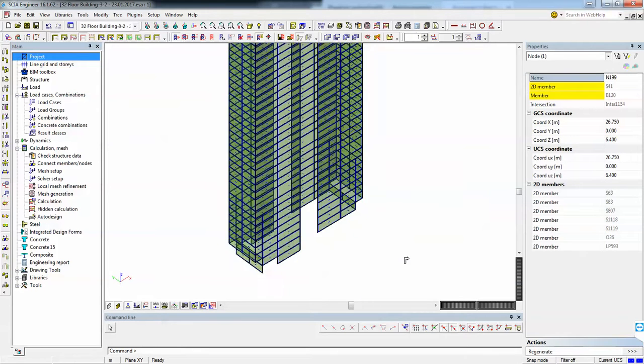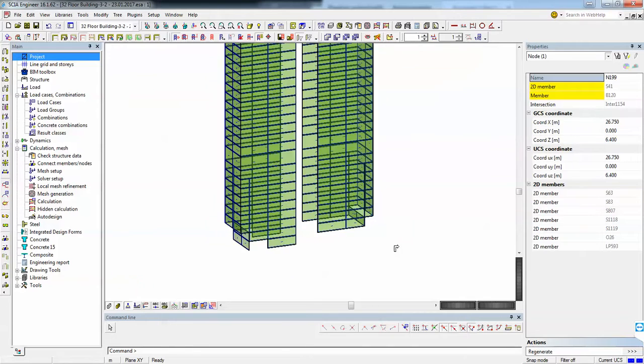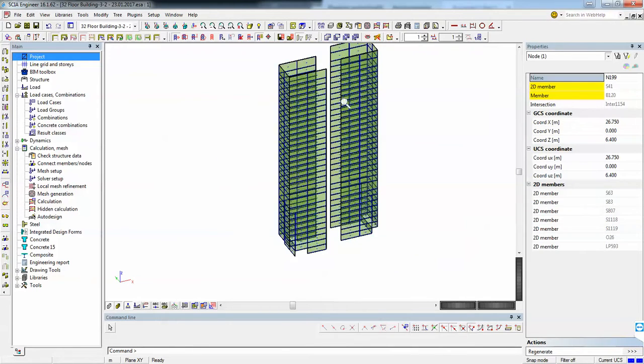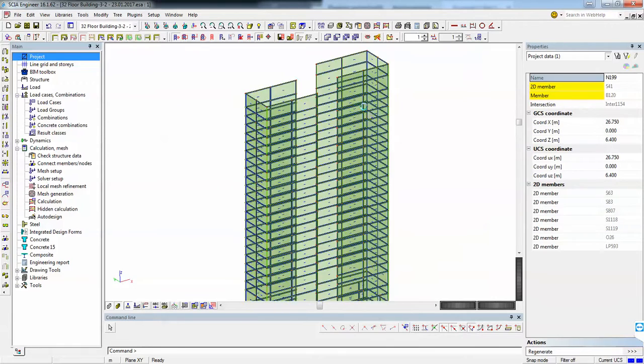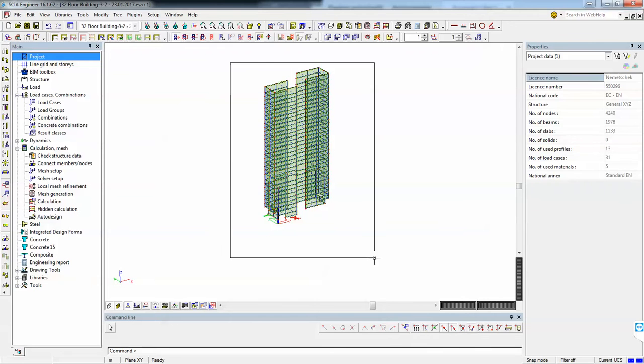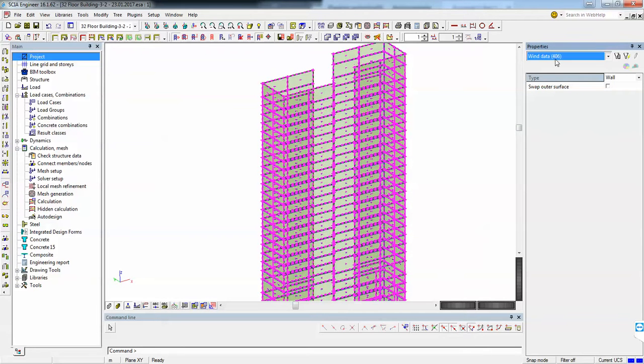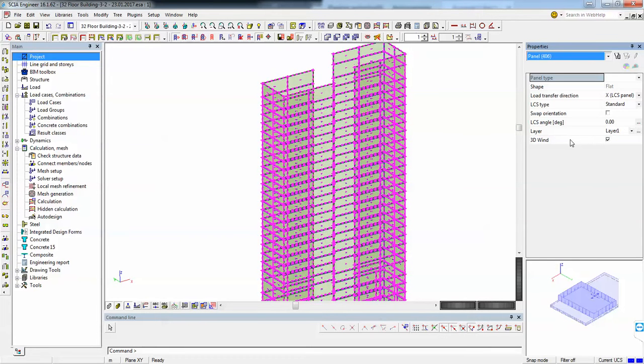So these are just the panels, and then we will have some exterior shear walls that will also take the wind loads. We will first handle these ones, so I will select them, go to panel, and here we have 3D wind activated. Load transfer should be in all ways, so we will have bidirectional transfer, or we can establish only to transfer to the columns. How do you wish to transfer, to the columns only, or also to the beams?